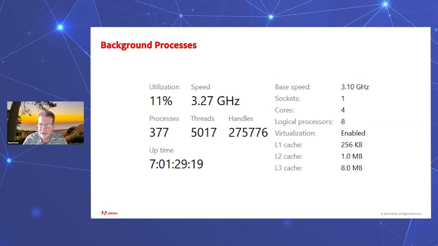So as I mentioned, my Windows box, my home machine is a Hades Canyon NUC. It's a few years old, but it still outperforms the sweet spot for desktop machines in the consumer market these days. Again, this is just running typical apps and the machine is idle. You see there's over 5,000 threads spun up. Now, most of those threads are going to be parked, and so my machine is not necessarily overcommitted, but this